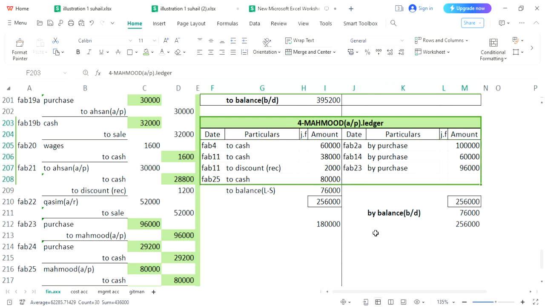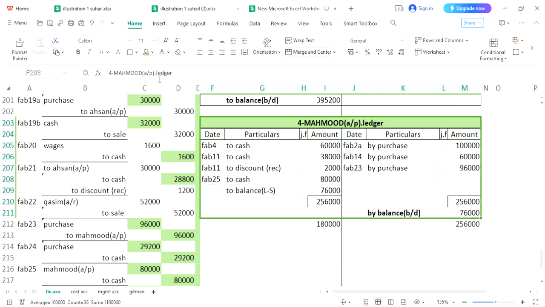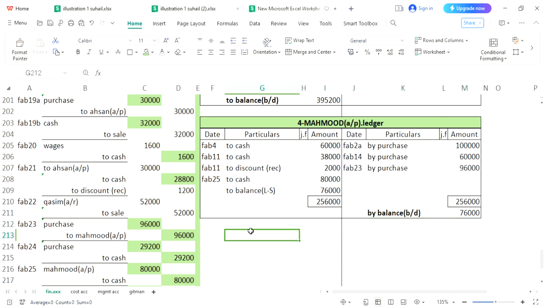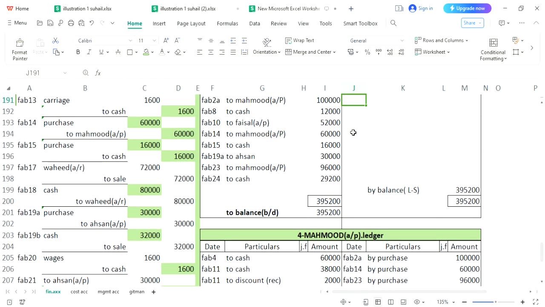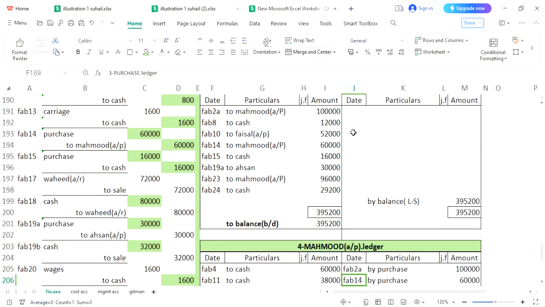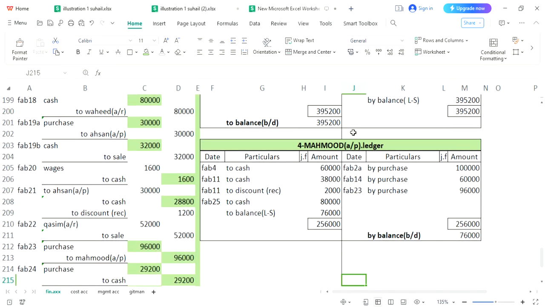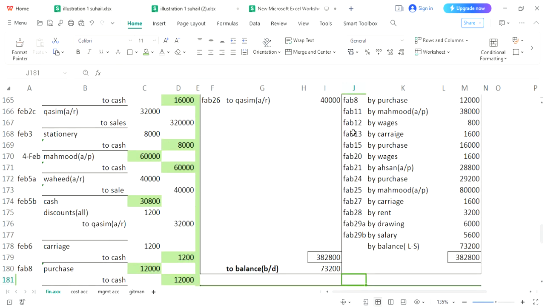The ledger has been completed. Now we are marking it as completed by putting a closing line after the balance brought down. These sums were calculated just for reference, and now they are not needed here. You can erase them. In this way our fourth ledger is completed. Let's see if the number was 4. Yes, the fourth ledger, Mahmood, is completed, and we will go back to the journal and see which